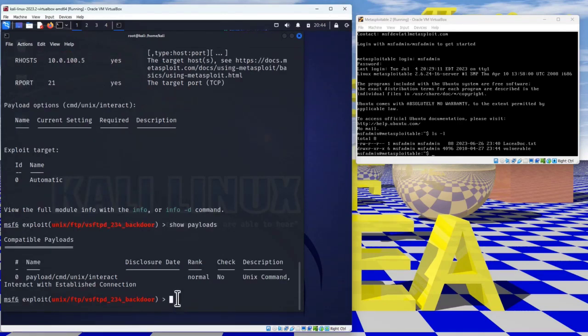A payload is a pathway that Metasploit uses to achieve the attack. These are files stored in the modules. The files are simple scripts that the networks utilize to interact with a hacked system. And we can see that there is a name of that payload. The name is payload /cmd/unix/interact. To use this payload, we need to copy the name,